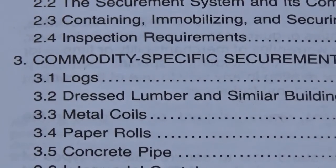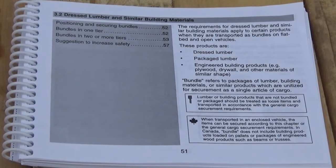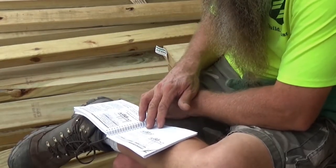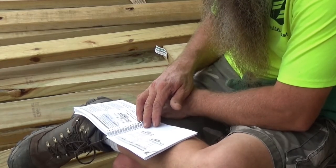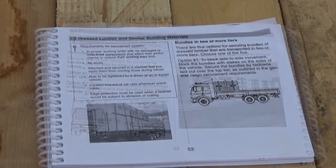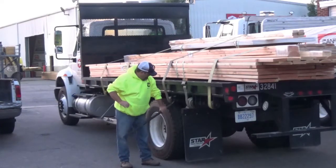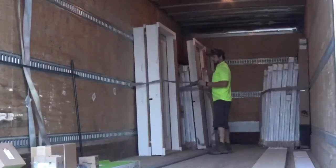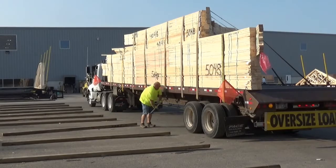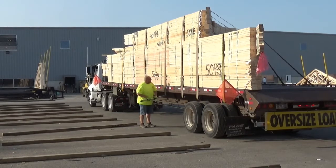The handbook has a section devoted to the type of products we deliver, the section titled Dressed Lumber and Similar Building Materials. You are expected to study that particular chapter very thoroughly. This video program is not intended to cover everything in the handbook, but will be covering some key items we want to emphasize. This video program is primarily for the drivers who transport lumber, doors, windows, and other building materials. Should you be a driver that delivers trusses or wall panels, there is another program available that focuses on load